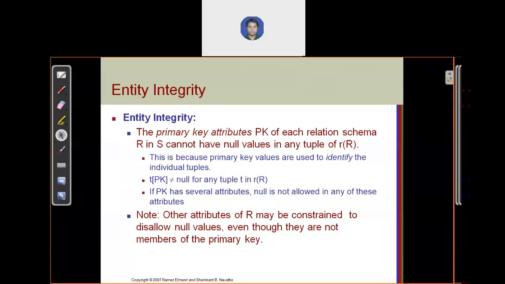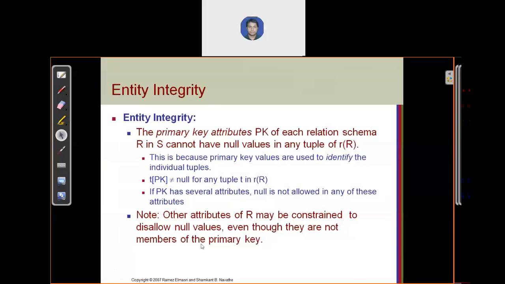We select a primary key for a relation to uniquely identify its records. Like roll number is a primary key for the student relation, and this roll number uniquely identifies each student record. So when you set roll number as a primary key, you cannot leave it blank. You always have to mention the roll number of the student. You cannot set the roll number column as null.